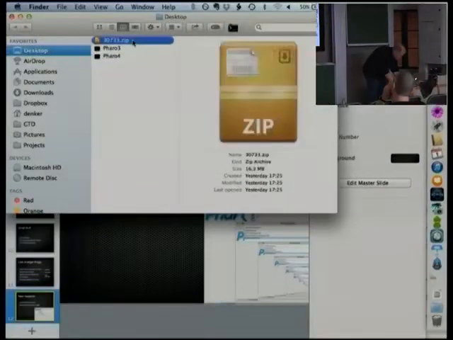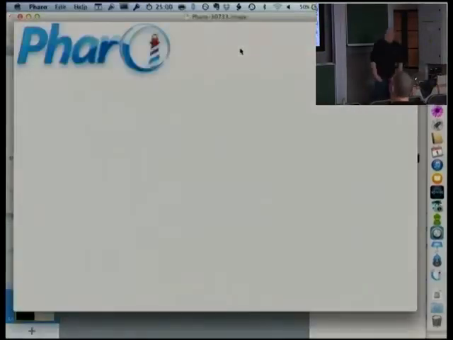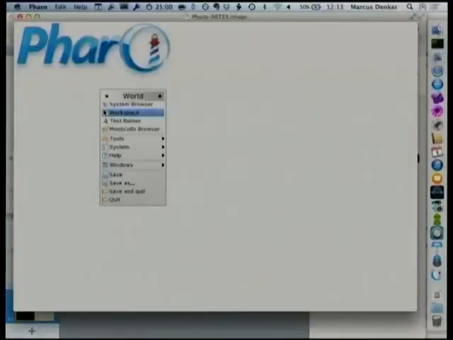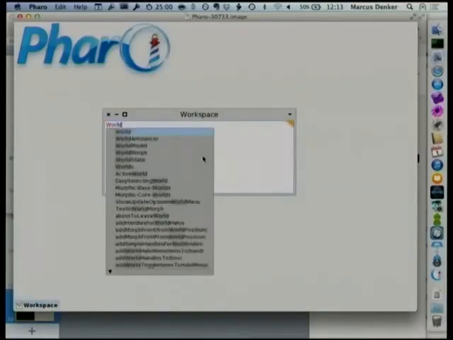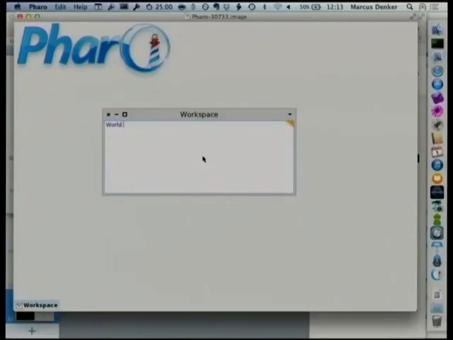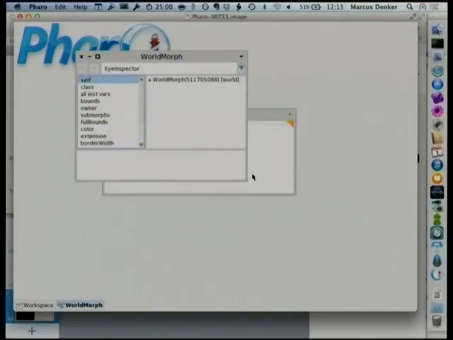Okay, so let's quickly take the latest Pharo and start it up. Done. So if you're in Pharo, there is, in Morphic in general, not only in Pharo, the screen is actually an object that is bound to a global variable called world, and you can of course inspect that variable. And so you get an inspector, and you see that this inspector looks a little bit different